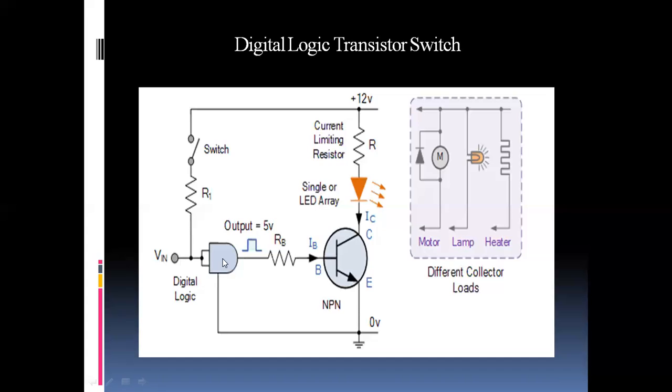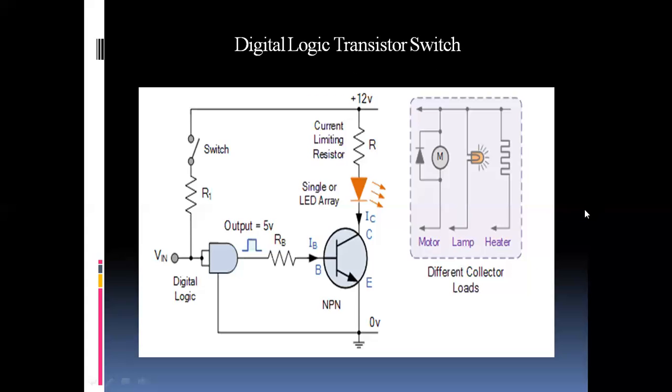Whenever an interface is needed between a digital logic circuit, which handles low output levels, and maximum power devices, there should be some interfacing circuits, and in that case we use the transistor to interface such networks. So here the transistor is acting as a switch, interfacing the low logic levels, the gates, the digital logic, and the maximum power devices such as motor, lamp, and heaters.